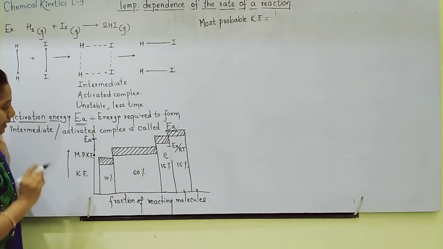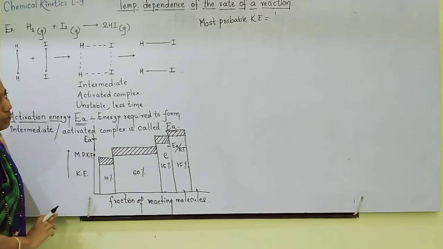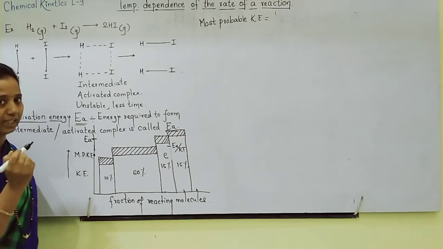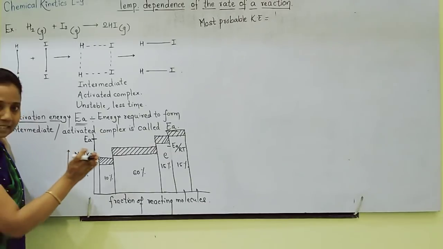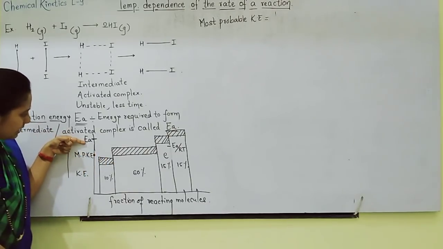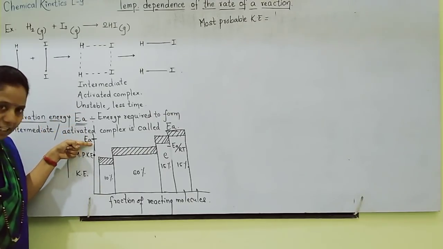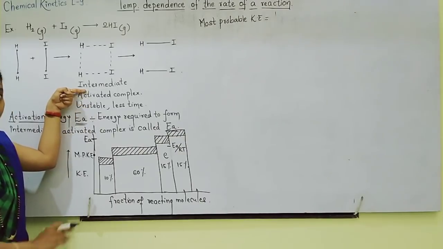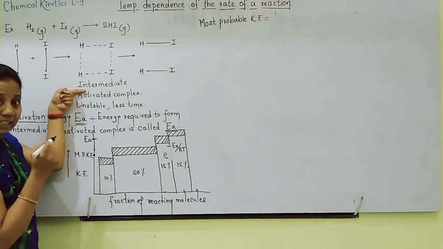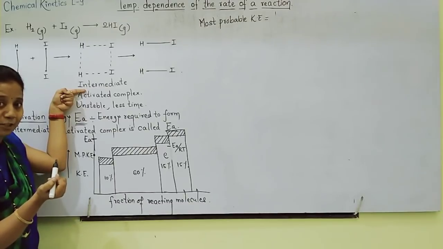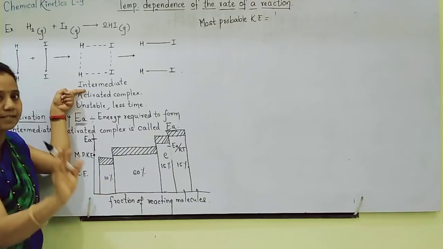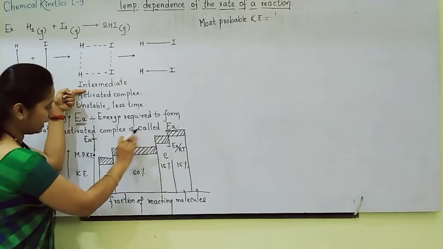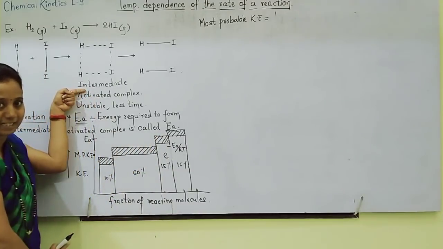Now, one more thing you have to understand here. What is the relationship of K and activation energy? Students, see this and tell me. If I increase activation energy, I will make it much more, somewhere upside here. Then how many reactants will get converted into products? Then your answer will be no reactants will get converted into products, because no reactant's kinetic energy is now matching with activation energy.